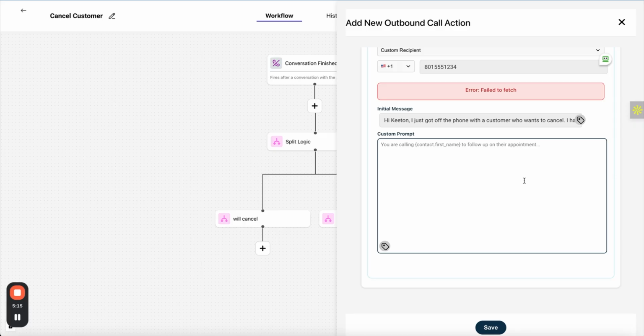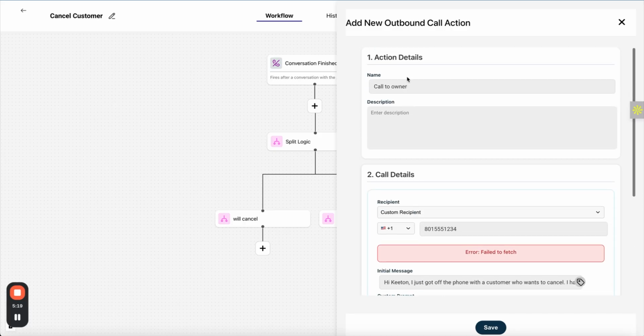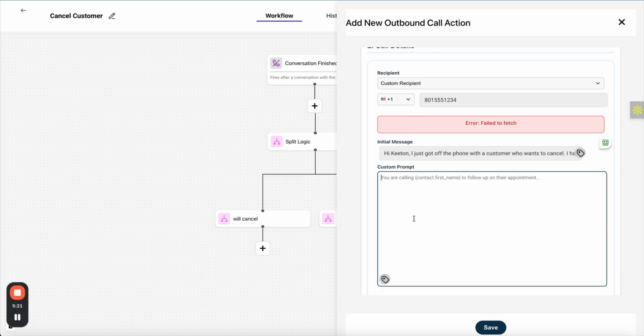And I could have this call me and tell me jokes. Customers calling, going to cancel, and I'm really sad, so I want the AI to call me and tell me jokes. Probably not, right? But I could. So instead, I'm going to say, you just got off the phone with a customer who might want to cancel. Your job is to tell Keaton all about the phone call so that Keaton knows how to best act to